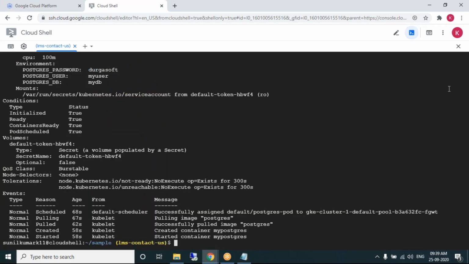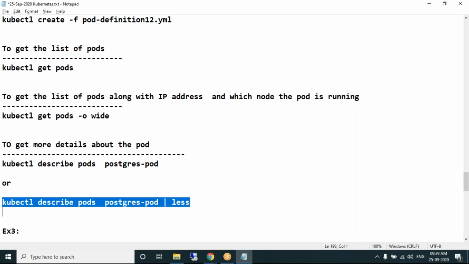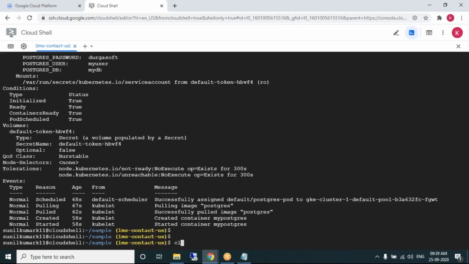To get more information about the pod, look at it. Sorry, you cannot scroll up. To overcome this problem, the less command is used to get page-wise information.